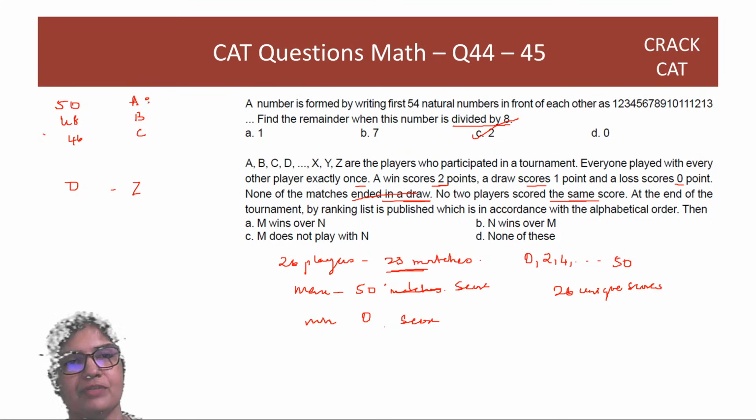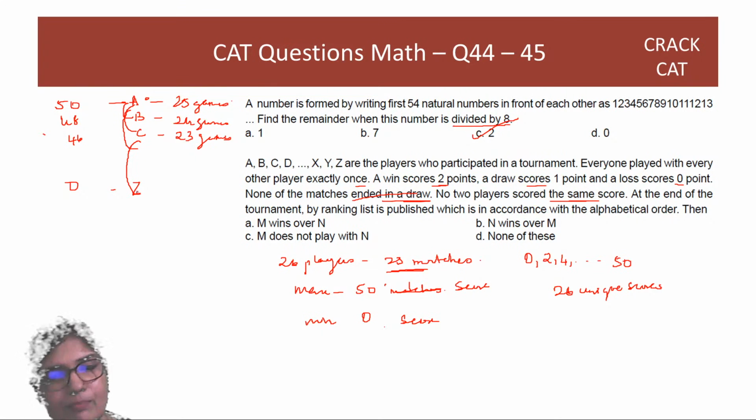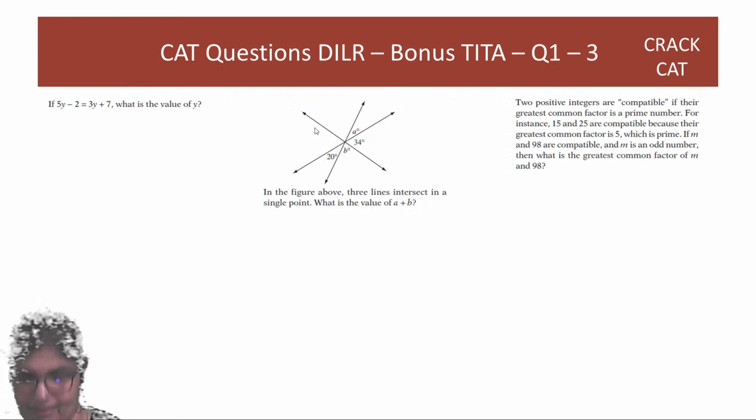Now if A has got 50, that means A has won all 25 games. B has got 48, so B has won 24 games. So A has won all matches, so the one game that B lost, B must have lost to A. Similarly, B has won against everybody else. Now C has won 23 games, so the 2 games that it lost are with A and B. So basically everyone is losing to people above them and winning against people below them. So answer is option A. Right? Great guys. Now let's see some theta questions.